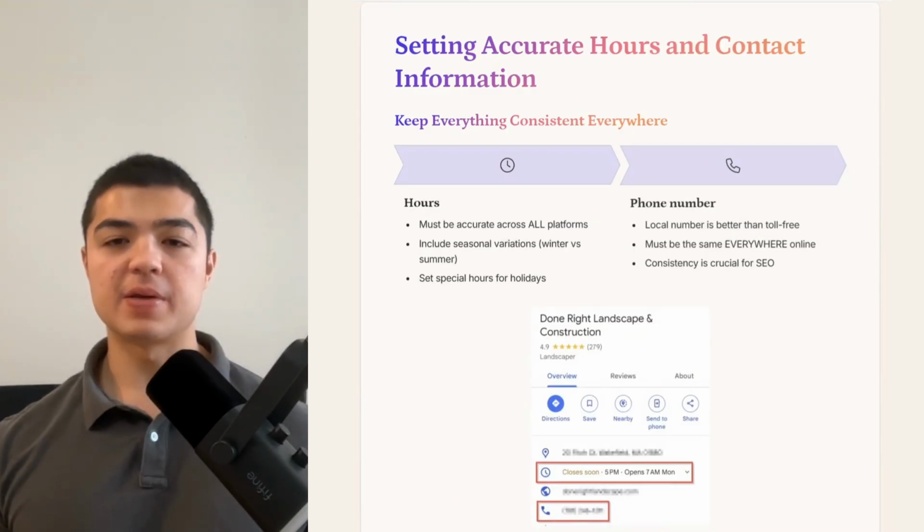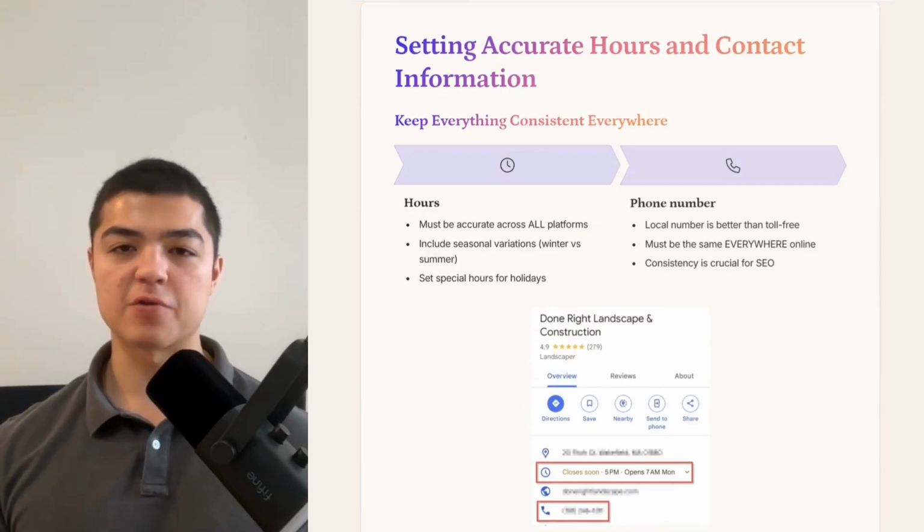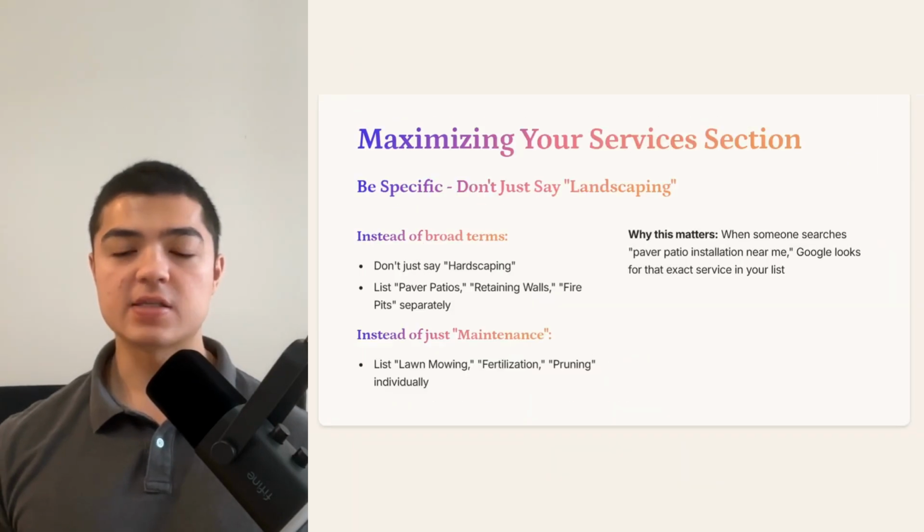Your phone number should be a local number whenever possible. Toll-free numbers work, but local numbers can help with local SEO. Make sure this phone number is the same everywhere your business is listed online, because consistency is crucial for SEO to work. Next up is the services section, and this is one of the most underutilized features of the